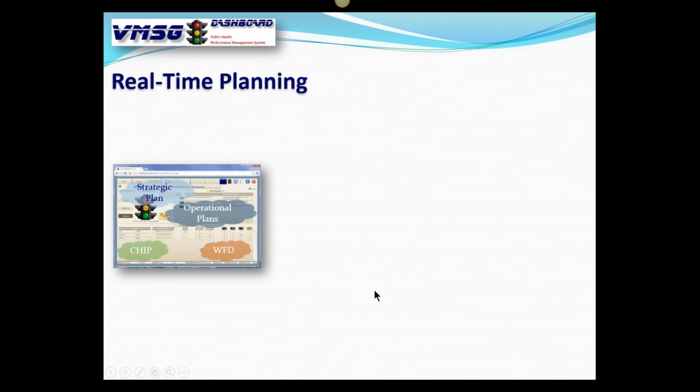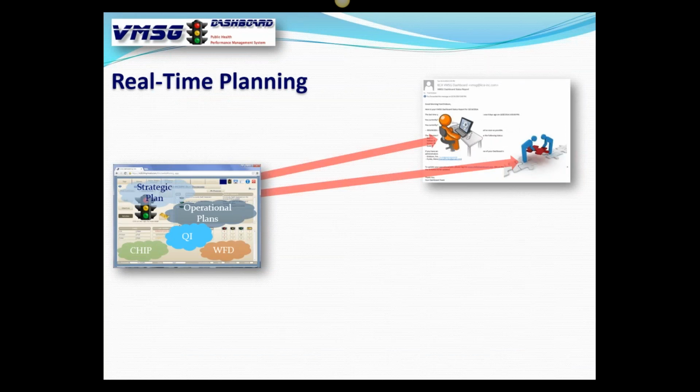This is the real-time planning piece. This is that background email system. So you set it up one time, and what it's going to do is on a regular basis send out an email to everybody who's been designated as an objective or an activity leader. They're going to get an email that says, here's why you got the email, and it's going to give them